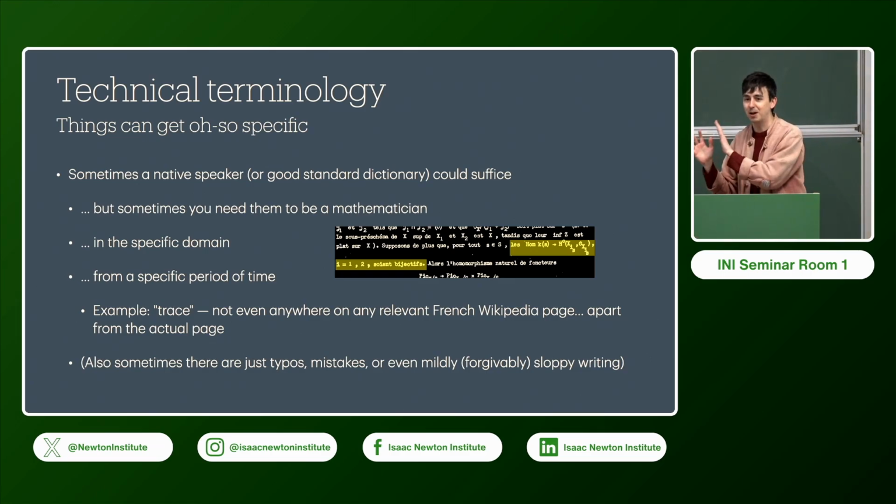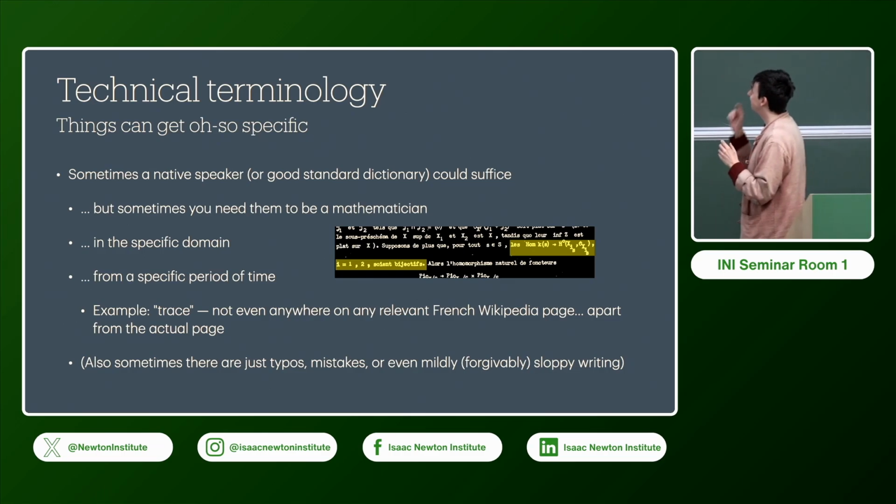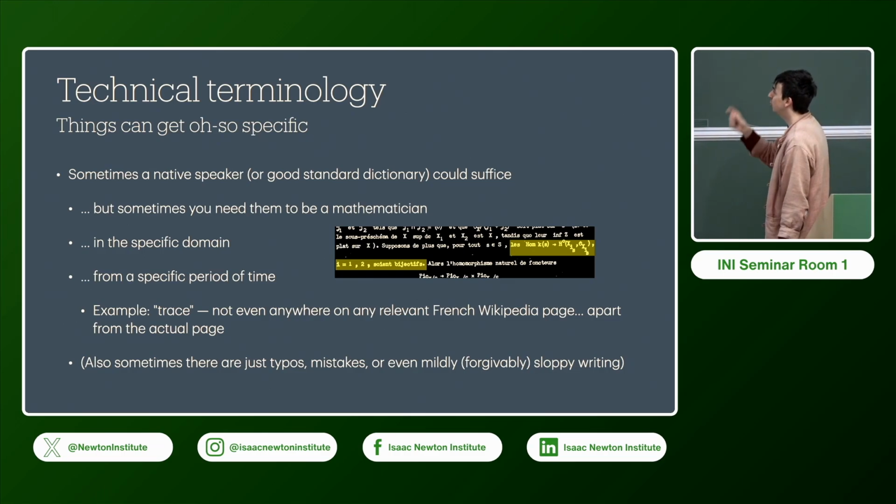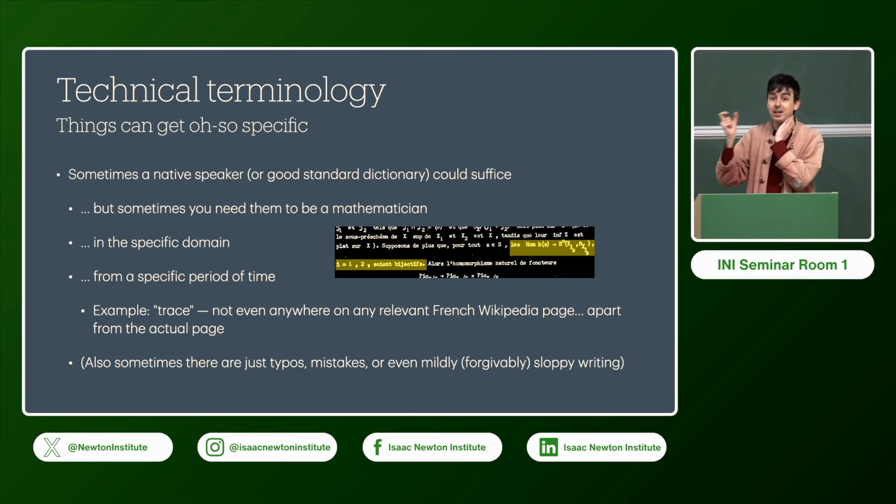Partially because this isn't my full-time job. I claim I could have solved it in 1 week if I'd had more time. But small typos, small mistakes, or even just slightly sloppy notation can really trip you up, irrelevant of the language, right? This happens even in English. And this can be super frustrating when you're doing translations. It can be very hard.